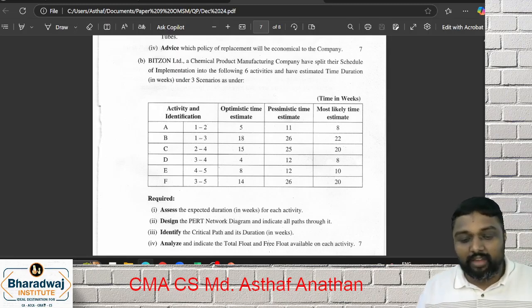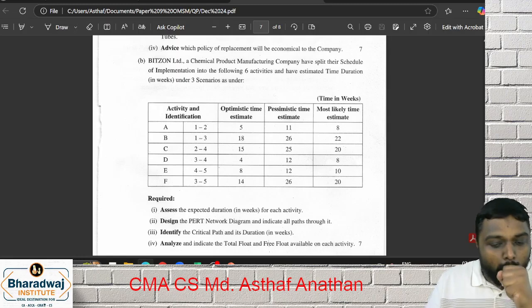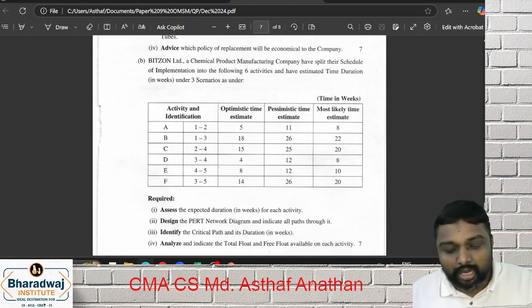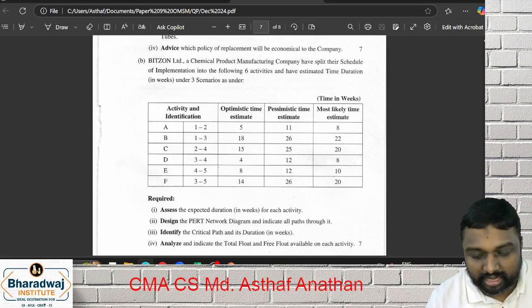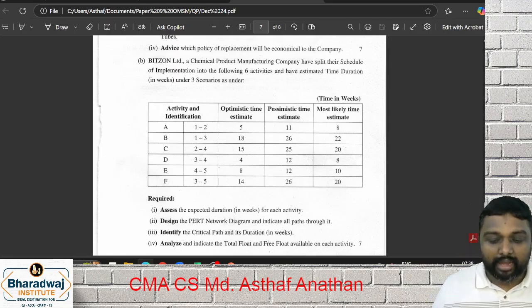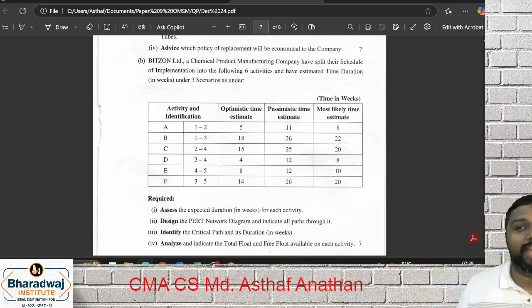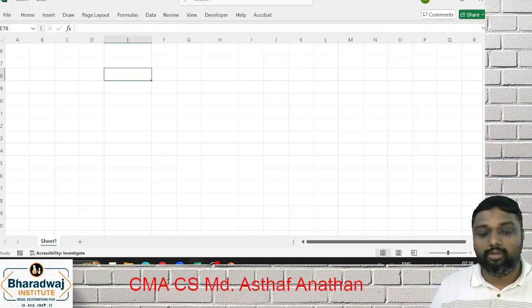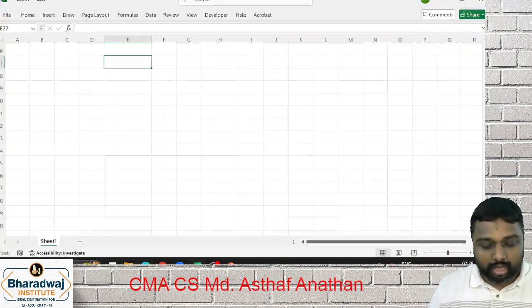They have given A, B, C, D, F or 1, 2, 3, 4, 5. They have both perspectives, so whichever way you are able to do it. First thing, the expected duration of each activity, PERT diagram and critical path. Then finally total float and free float. Whatever the method we use, the first and most important thing you have to do is go with the computation of